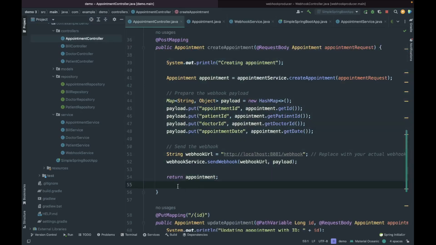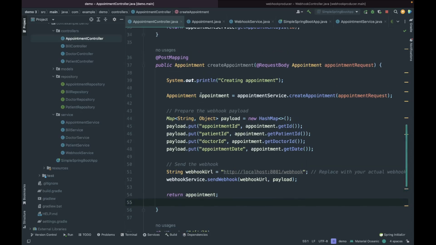And this is a very good use case: whenever somebody tries to create an appointment, and if the appointment is successfully done, right, I should be able to send a webhook to a service which will then be able to send emails, notifications and text messages to the person who created the appointment, and let's say to the doctor as well. Okay, so using webhooks, you can do this work in a very, very easy way. The implementation is also very straightforward. There is nothing much that I have done over here. Very plain and simple, and then you can just go ahead and implement this.